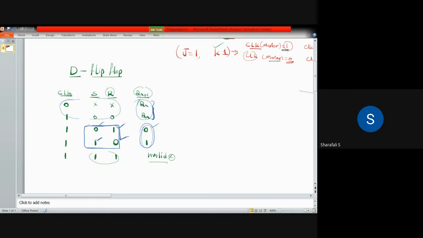So we are just complementing the inputs. We are having two inputs, S and R, but we are complementing the inputs in such a way that we are having some change in state. So instead of using two different inputs, why can we not use a NOT gate which will perform the same operation? So that is the question